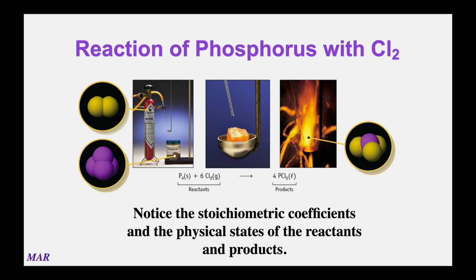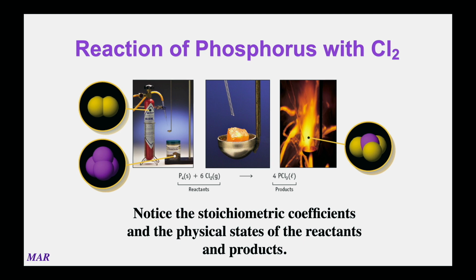And it's reacting with chlorine gas, you can see right there. And on the product side, what you would make then is phosphorus trichloride. And notice that little L right there, that's the liquid state. That's what that means. So because phosphorus is a tetramer, P4, you're going to see that we'd have to add